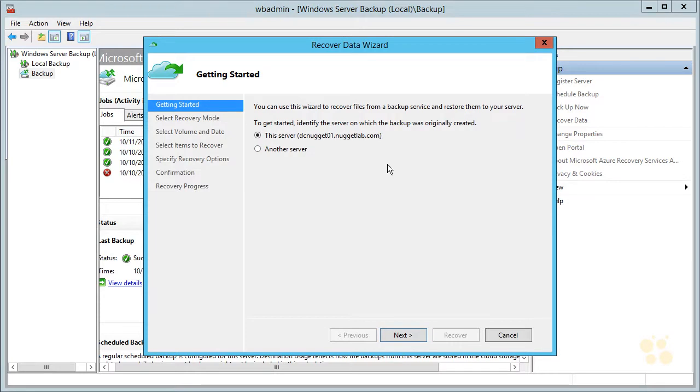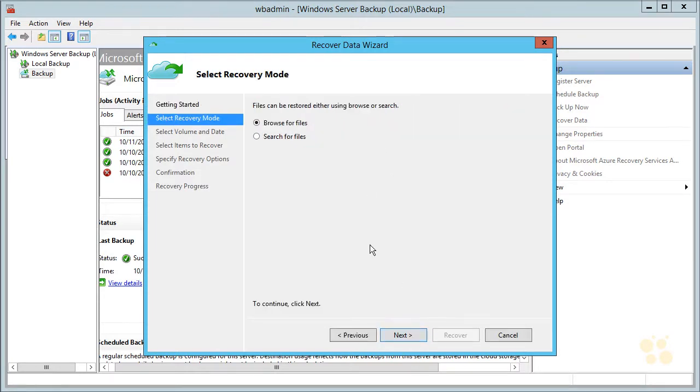So now they're going to come back into here, and they'll say recover data. They say, we're not going to let James out of this bet. So we click on the server, we click on next. You can browse for files, or look at this, search for files. That's something we don't even have with Windows